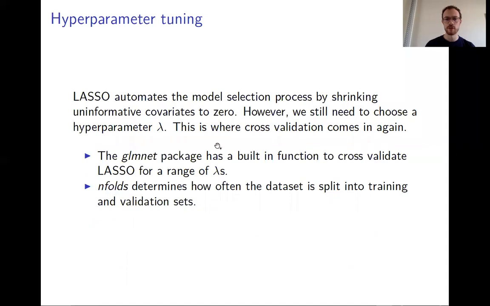So the thing is that LASSO takes away the problem of selecting a model. However, it's not a completely automated approach, because there's still the question of how much should we actually restrict our coefficients, and therefore what value of lambda should we choose. So if we are purely after prediction accuracy, we can simply use cross-validation for this. Instead of using cross-validation to compare models with different covariates, we can use cross-validation to compare models with different values